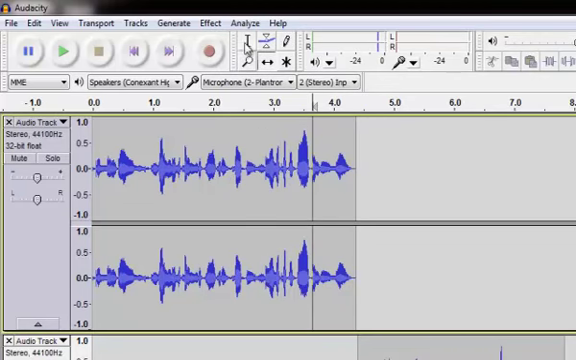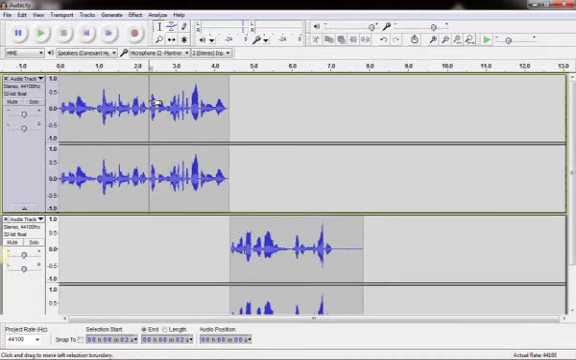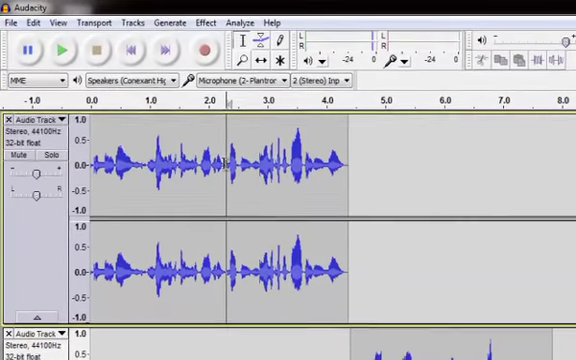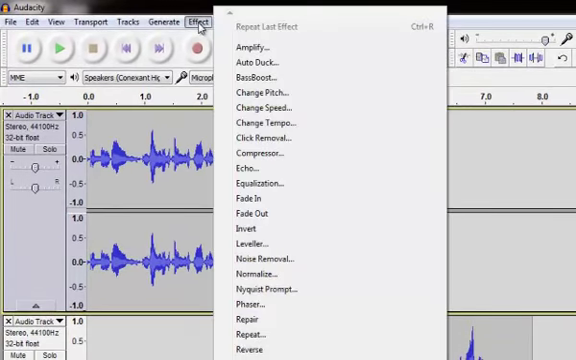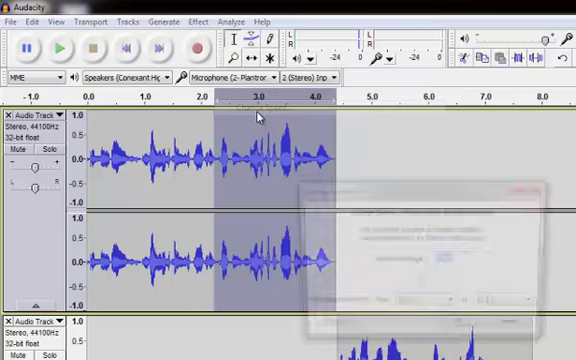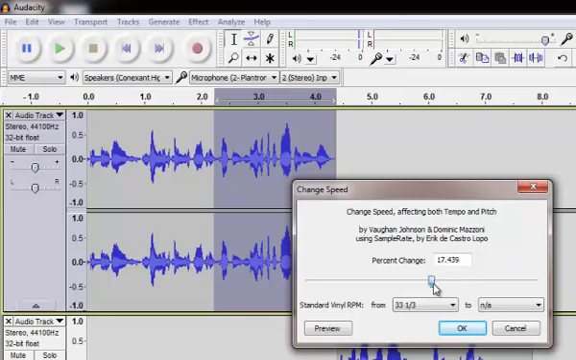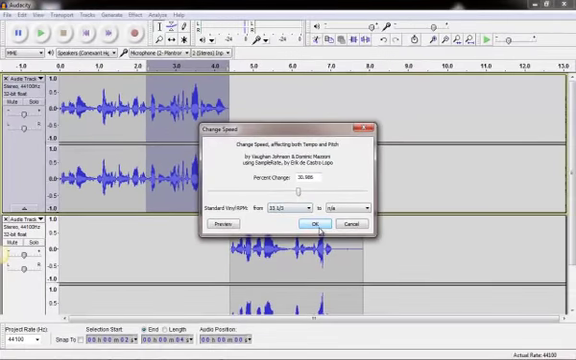Leave a couple gaps here and there. And the one you can tell the most is if I highlight and select it, and then go to Effect. If I go to the change speed or tempo, let's change the speed. And I'm going to just make it a little bit faster, and you'll watch my oscilloscope. It's going to change a little bit when I hit OK. And you can see it compress a little bit. So now when I play it,